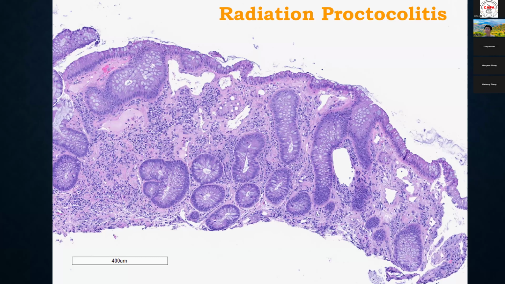And then finally, we get radiation proctitis. And here you can see architectural changes, and then the glands get separated from each other. Sometimes you do see a lot of inflammation, like this case. Sometimes they don't have this inflammation, but a lot of fibrosis. But if you see this kind of weird looking ectatic vessels, you should think about radiation proctitis. Go look at the clinical chart, and usually it's a patient with prostatic adenocarcinoma who is post radiation. So this is a typical picture of radiation proctitis, not IBD.